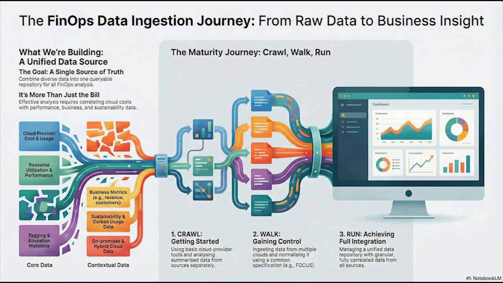It's a spec designed to solve this exact correlation problem. How does it do that? It delivers consistency. It defines a standard schema, a common set of column names and data types for cloud cost data across every single vendor. So instead of me trying to figure out if AWS's line item usage amount is the same as Azure's quantity, FOCUS just says, we're all going to call this usage units. And that improves interoperability.